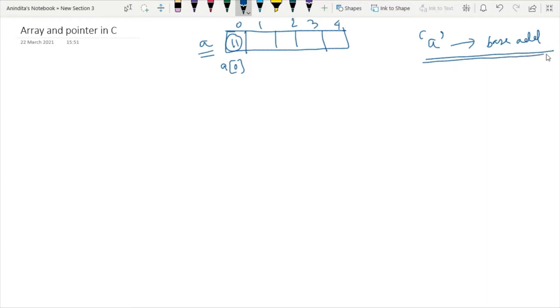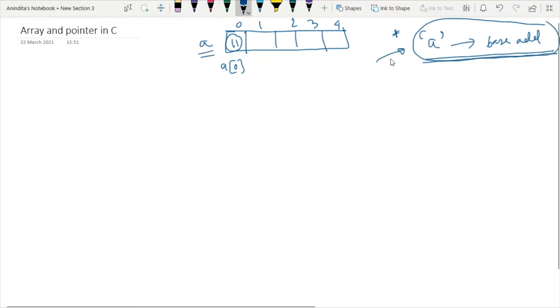So here my point is, this is the point from where I will extend the concept of array, meaning I will define an array with the help of the concept of pointers. Now make sure you have understood this point. The name of the array means I am talking about the starting address, or the base address.